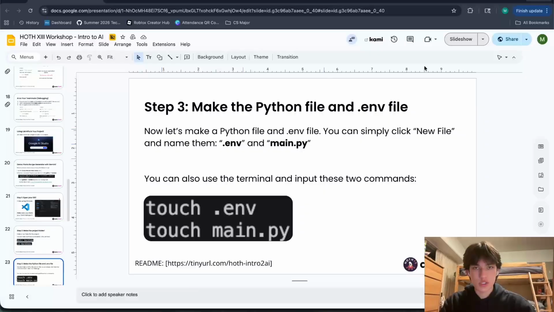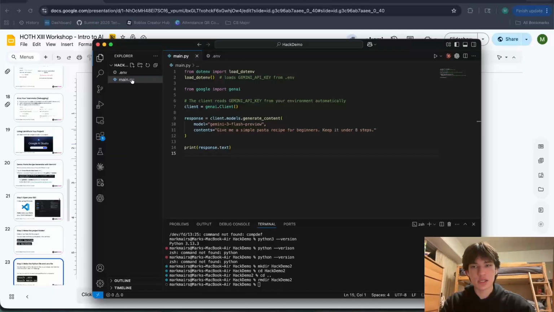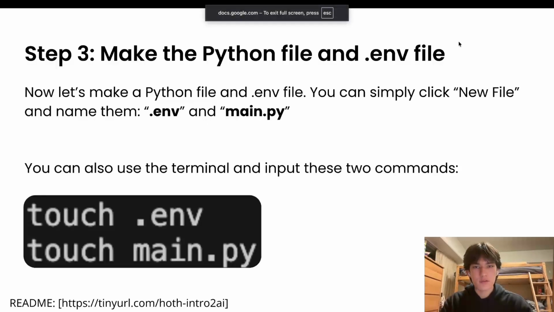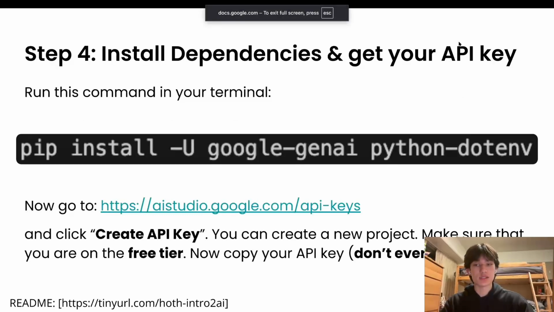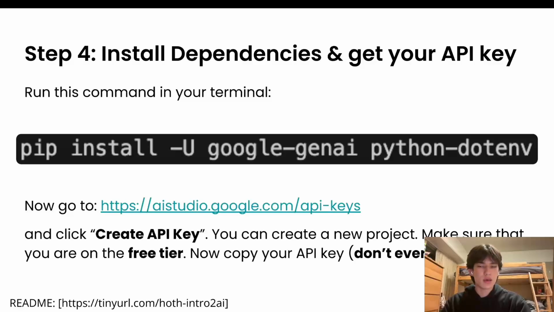So once you have those two files, you should see these two right here in your Explorer if you're using VS Code, and it should look similar in Cursor as well. So now for step 4, we're going to go ahead and install these dependencies. Run this command in your terminal: pip install -U google-genai python-dotenv, and then